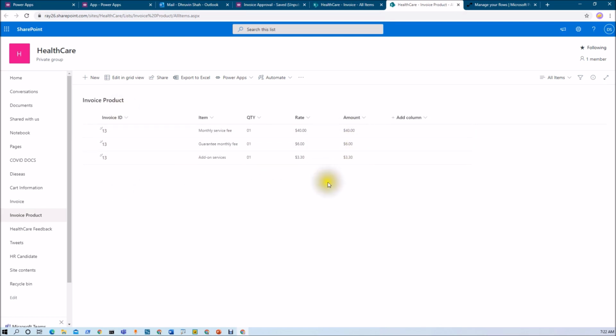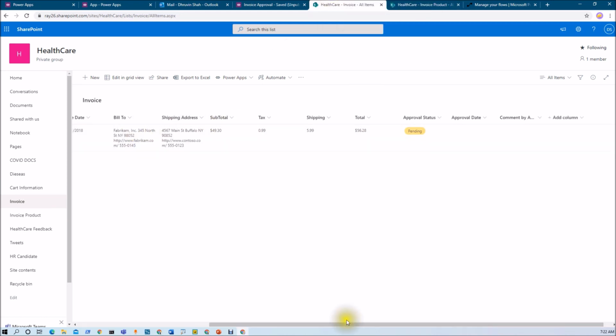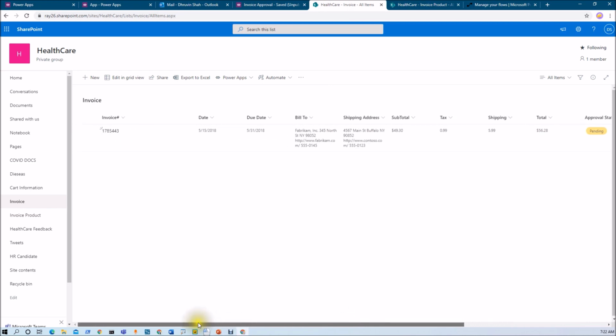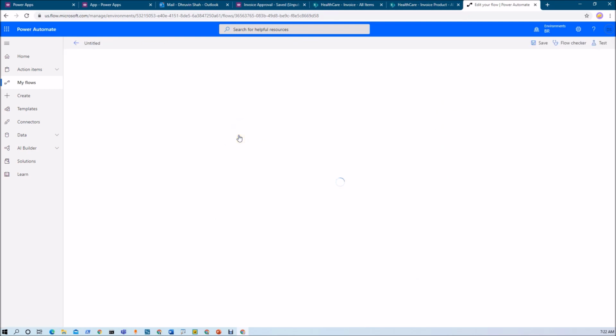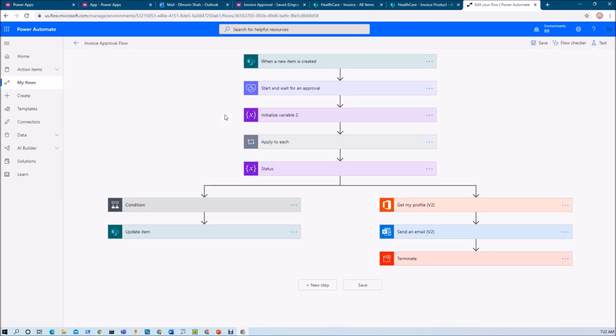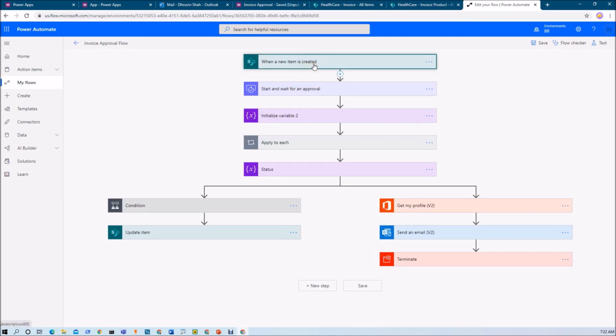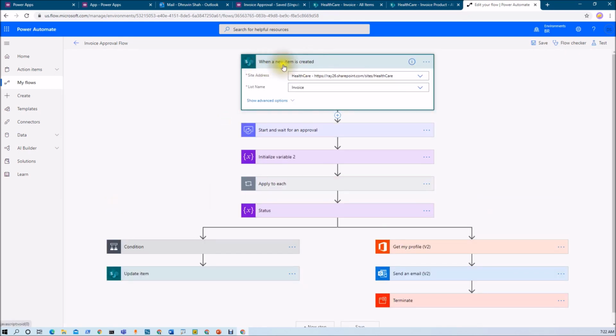like this, right? Now what we need to do here is trigger one approval flow whenever a new item is created in the invoices, right? For that, let me explain that in detail. In order to do that, we need to create one flow, one approval flow over there, right? So let me show you the step-by-step procedure for that. So first of all, we will add an action, when a new item is created. Inside that, we will provide the list name and site address,